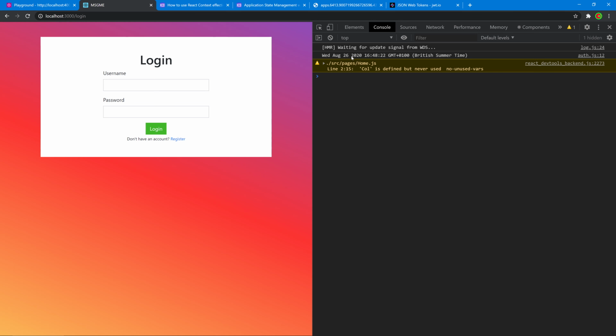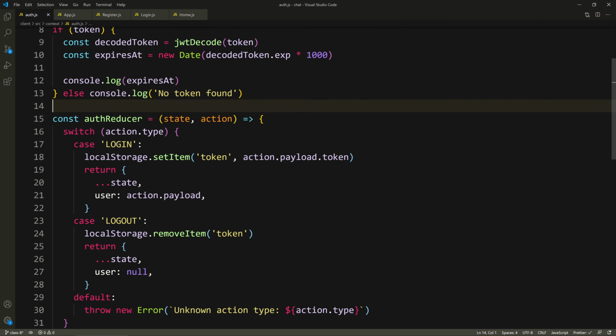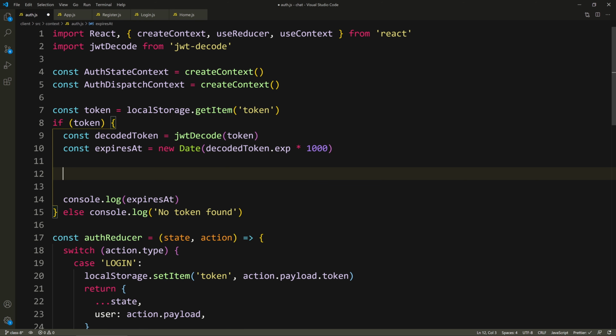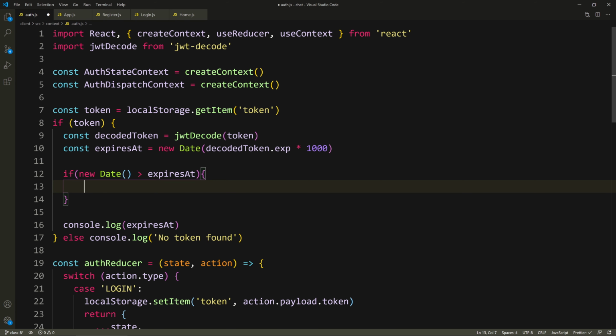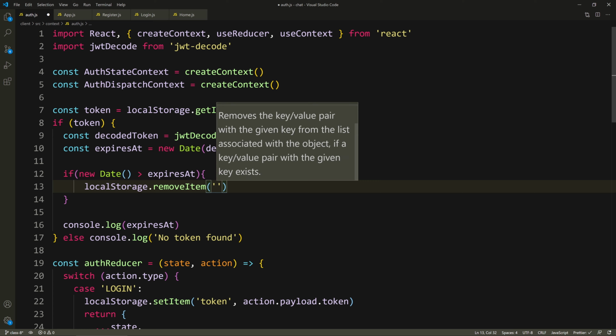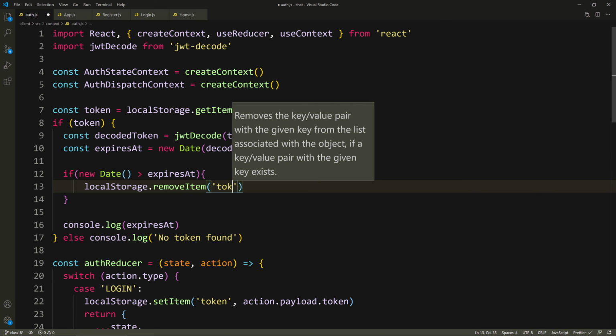If we were to have logged in like, I don't know, yesterday, and then we just open the app, it should actually make it invalid, just delete the token and log the user out. So what we need to do now is check this date against the current time right now. So we'll say if new Date, which represents the time right now, is bigger than expiresAt, that means the token has expired. So we can simply delete it from the local storage. So localStorage.removeItem, which is equivalent to logging the user out, and we just remove the item